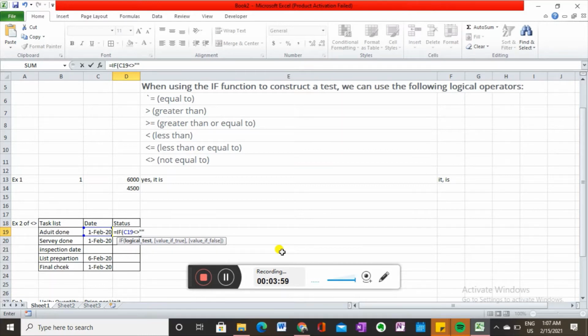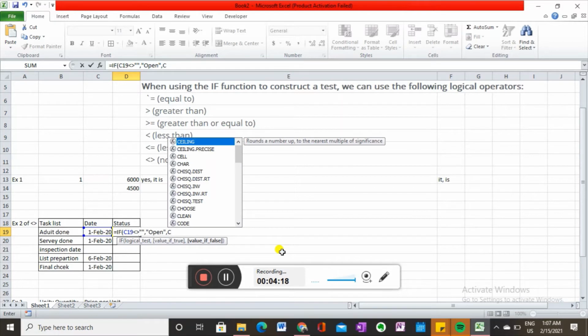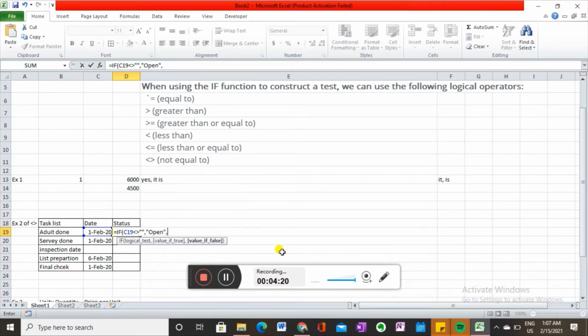We denote blank with inverted commas, then comma, "open", put it into inverted commas, otherwise "close". It is showing open because of the not equal to.